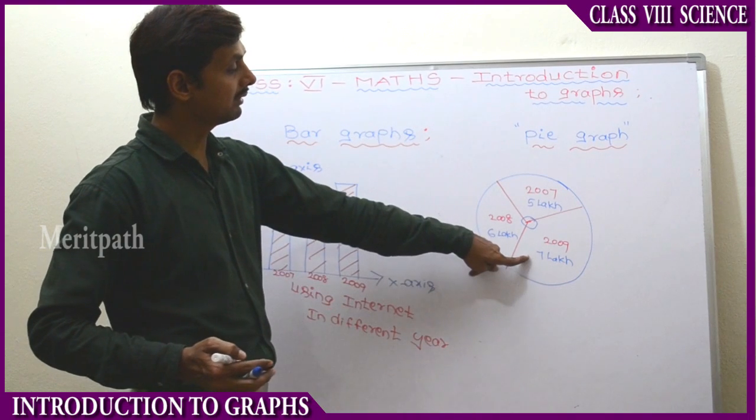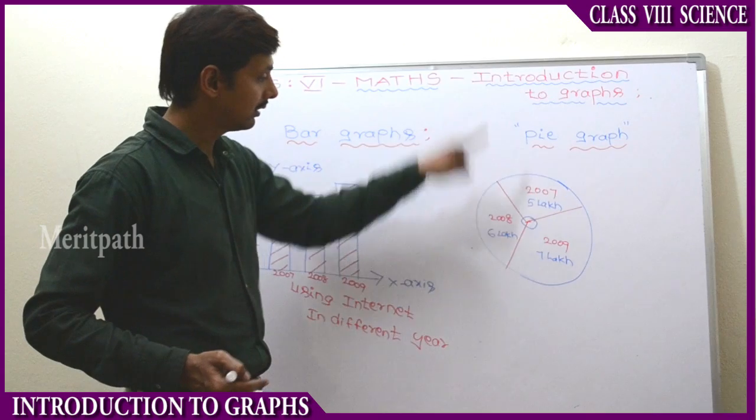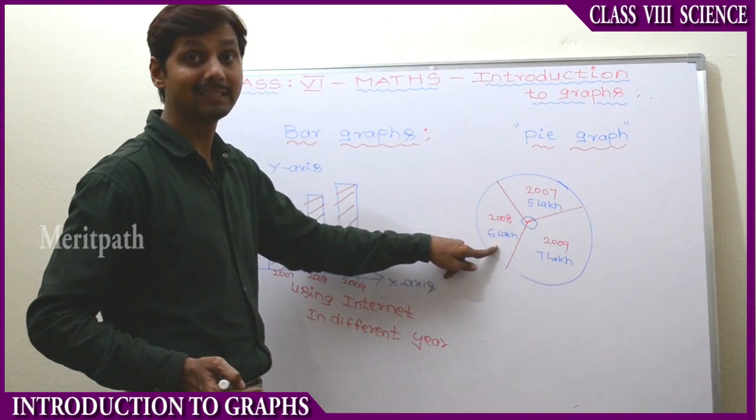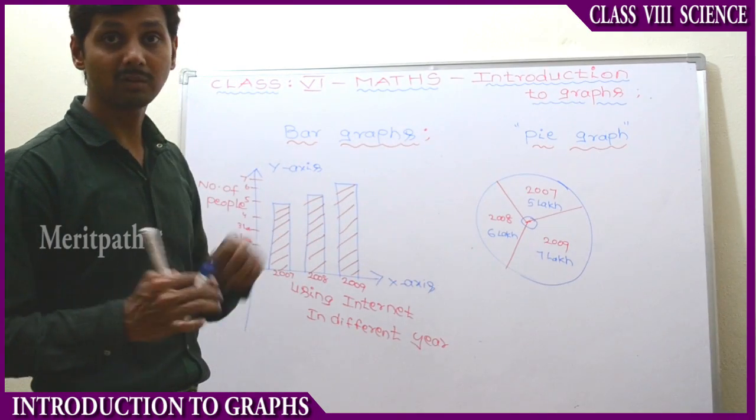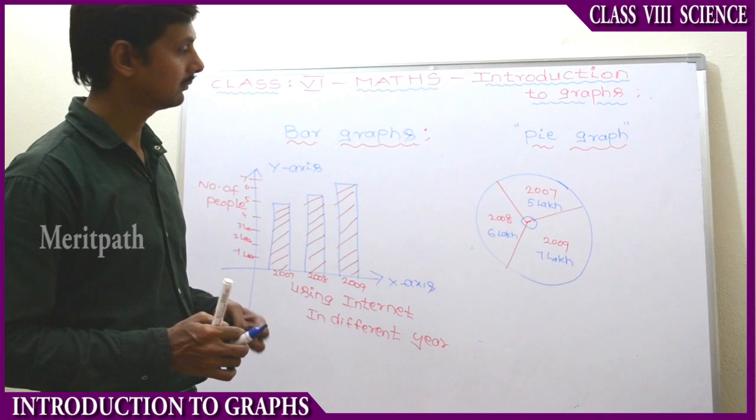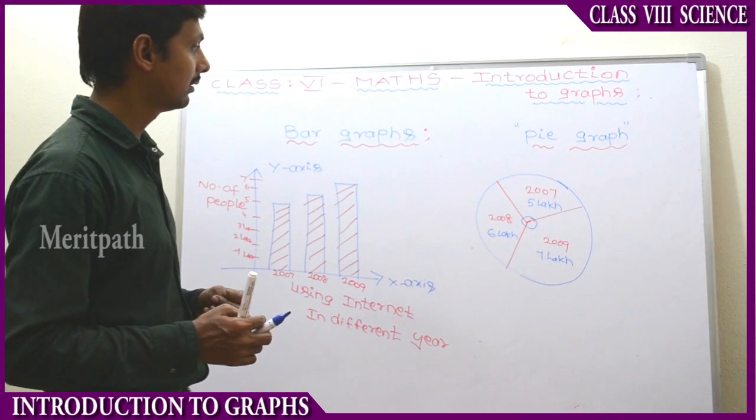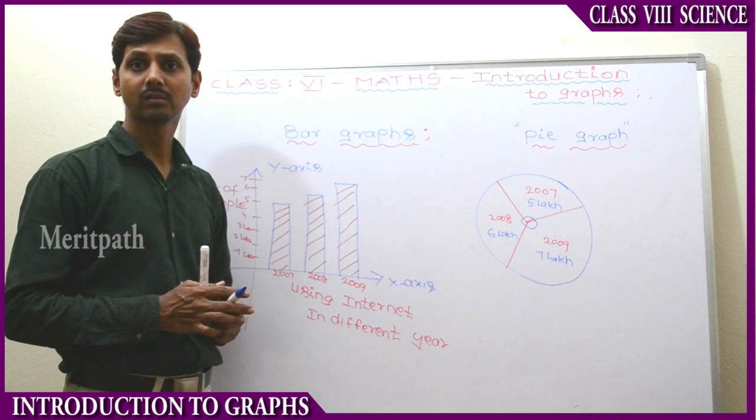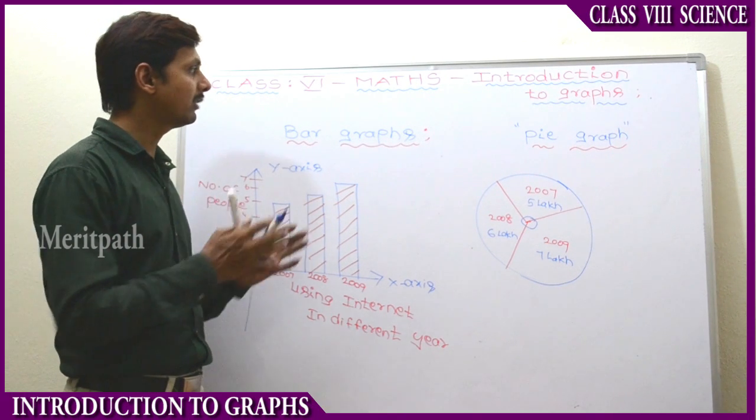So when we observe this, 7 lakhs is the largest part of this circle. Then the second largest part is 2008: in 2008, 6 lakhs, and in 2007, 5 lakhs. It's a pie diagram we form, in the form of sectors we represented. And when we use this kind of graphs,